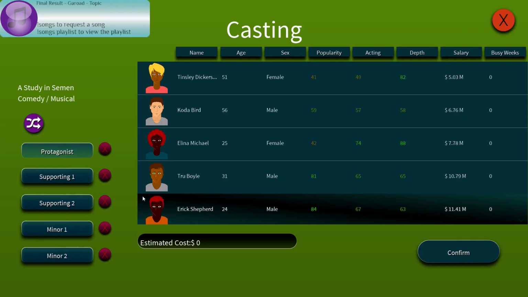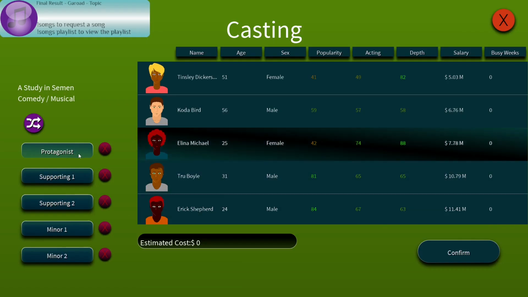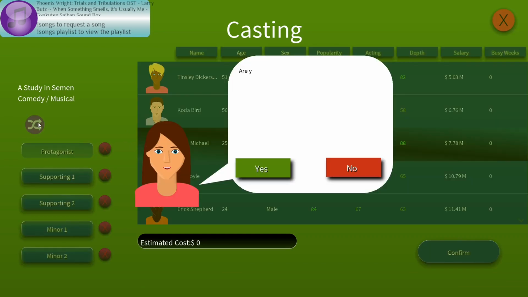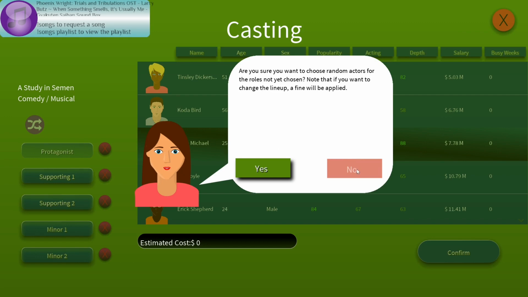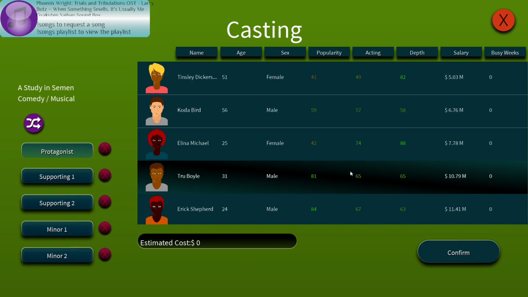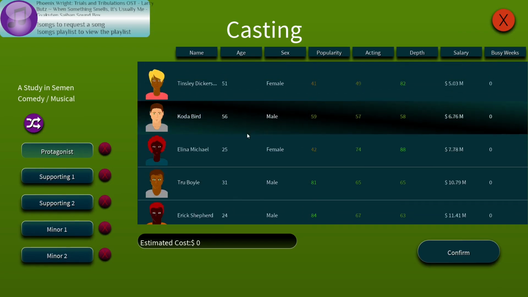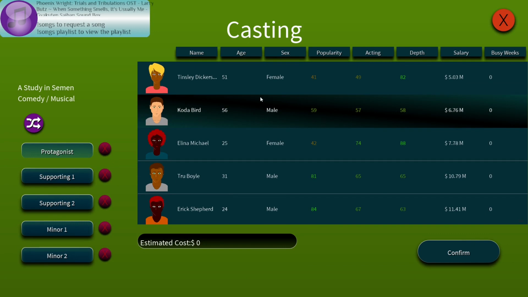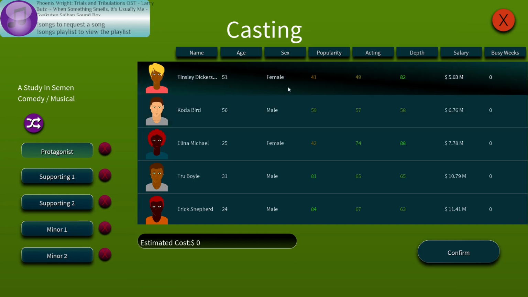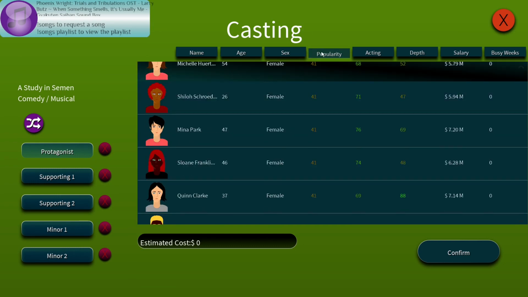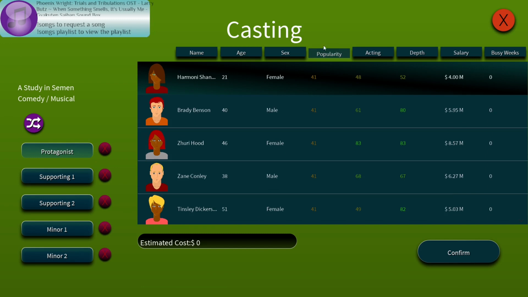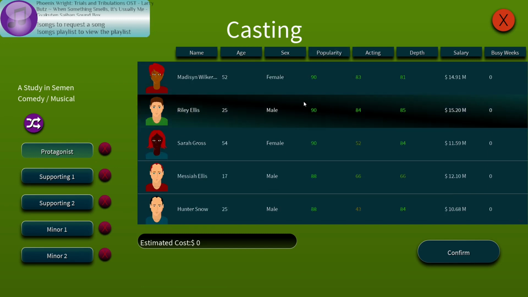Now to casting. Oh, we can choose random actors? No, I think... Clearly we want someone popular, especially for the title role.